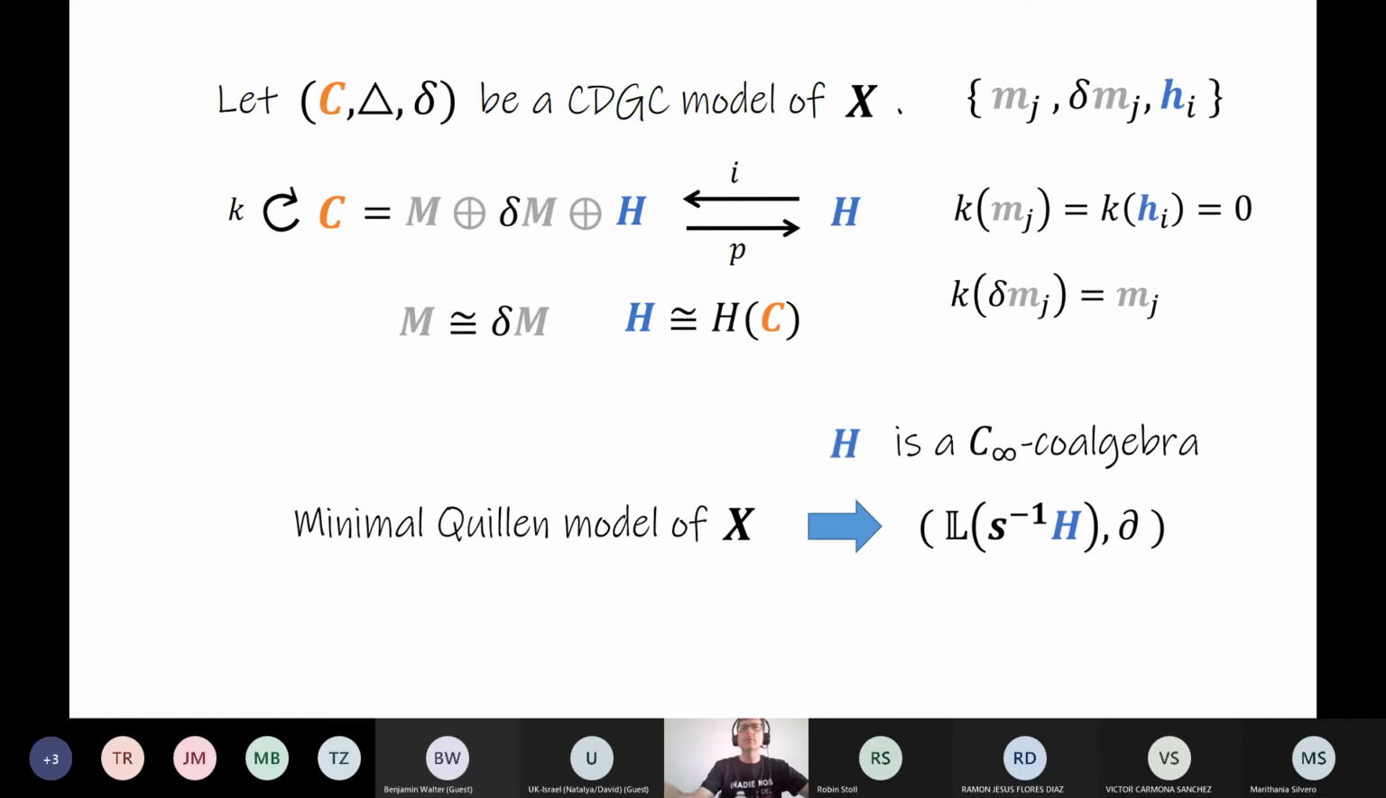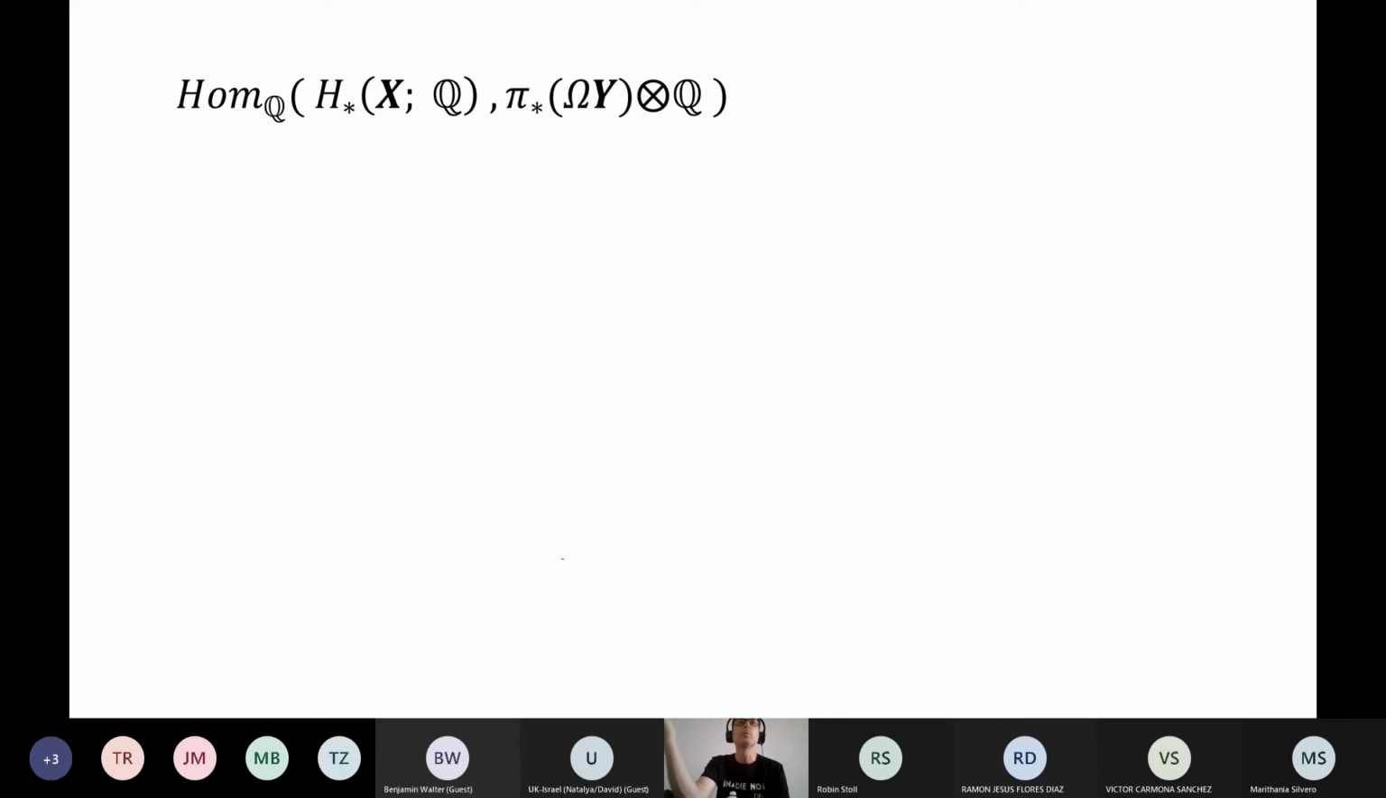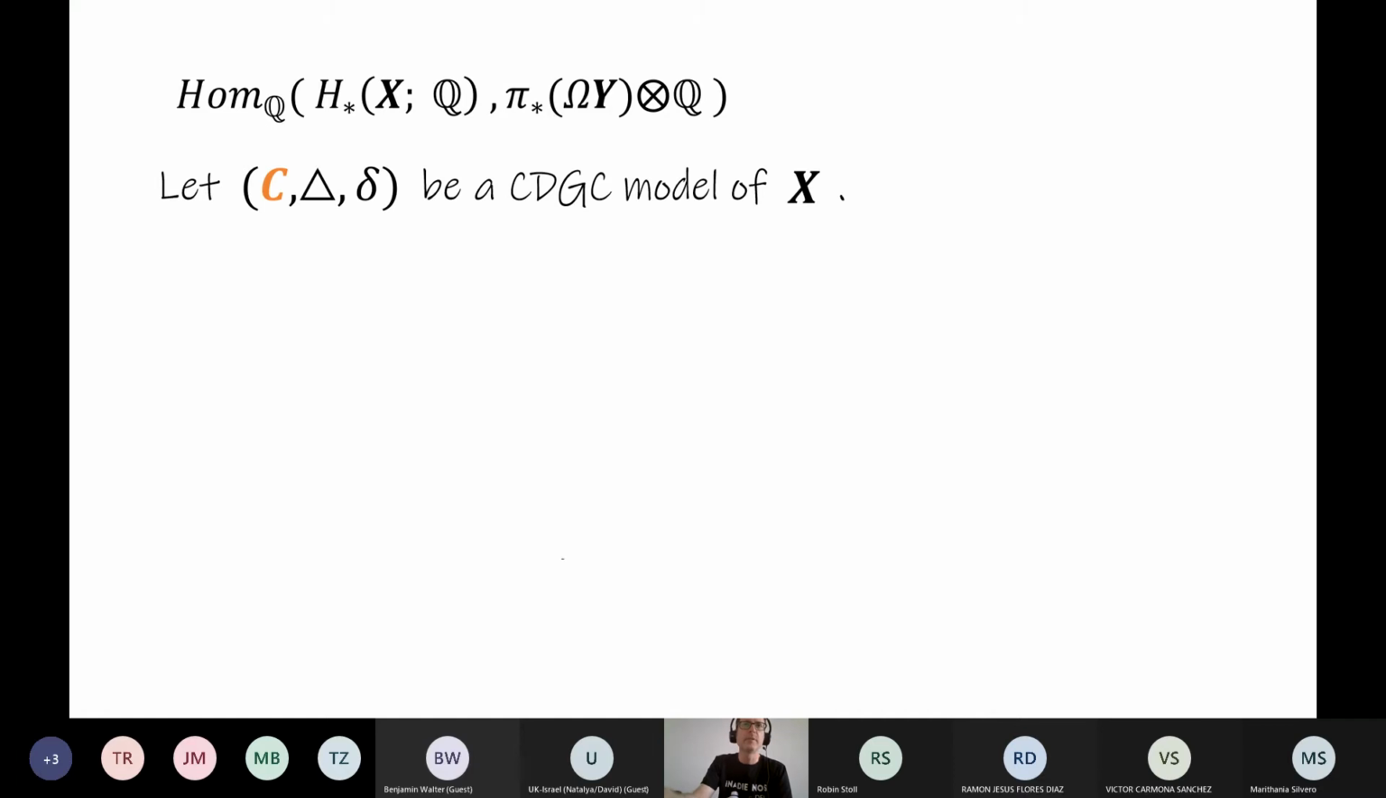Then we can use also this construction to give an L-infinity model for the mapping space from X to Y, whose underlying vector space is the linear maps from the rational homology of X into the rational homotopy groups of the loops of Y, the target. How can we do that? First, start with a coalgebra model of X. Then we have a contraction,